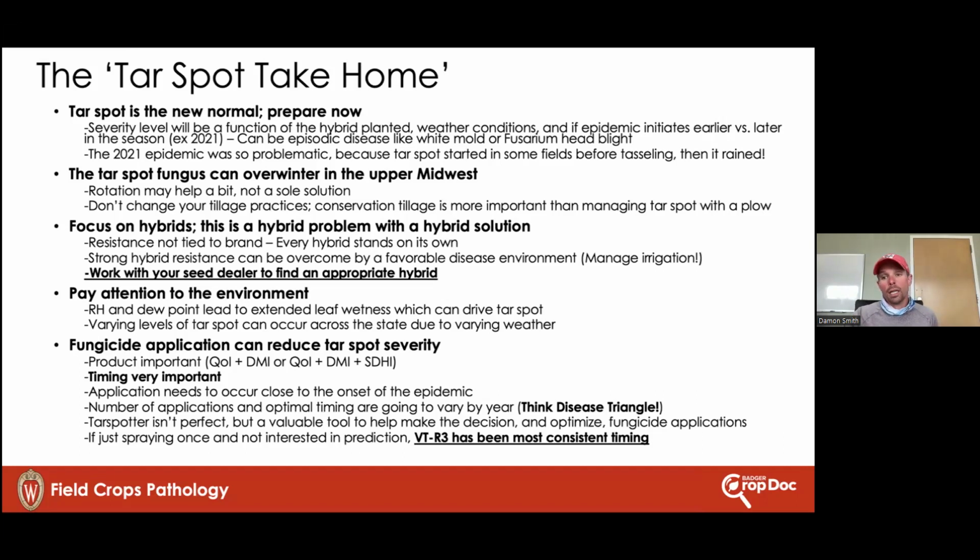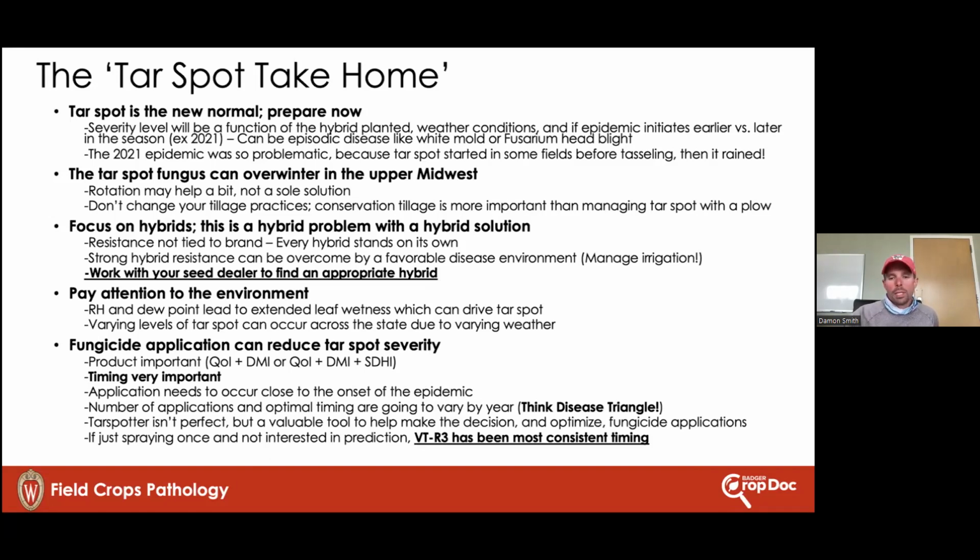I will say we've seen a lot of bug poop already this year. So you remember in years past, I've talked a bit about frass. Frass is bug poop, and you do need to get your bottle of water out of the truck and wash that black spot and rub it real hard with your finger to make sure that that is not bug poop. You won't be able to rub off a tar spot, but you can rub off bug poop, of course. So keep that in mind. We'd love to see pictures or samples.